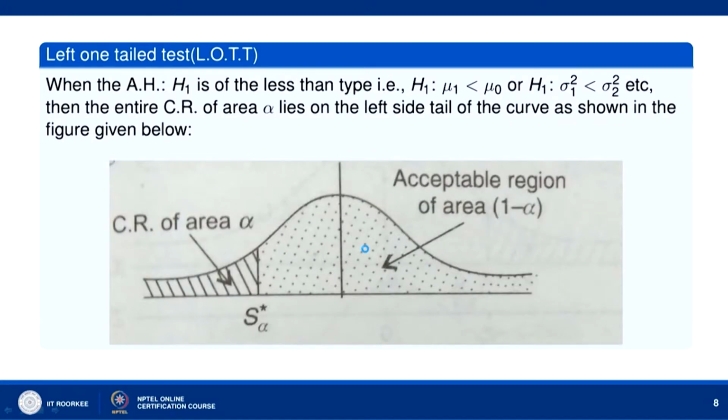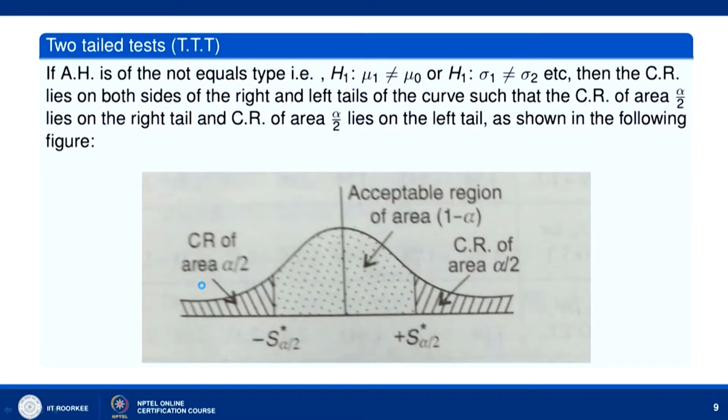Now, in the case of a left one-tailed test, when the alternative hypothesis H1 is of the less than type, that is mu 1 less than mu naught or sigma 1 square less than sigma 2 square, then the entire critical region of area alpha lies on the left side tail of the curve, as shown in this figure. This is the normal curve of the normal distribution. This area, which is equal to alpha, the level of significance, lies to the left of the probability density curve, and this is the test statistic